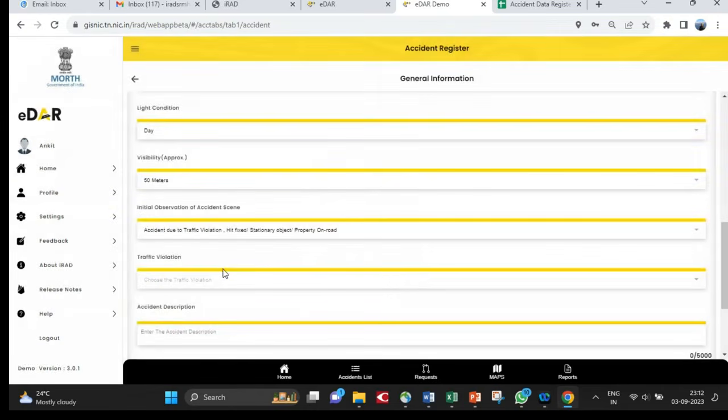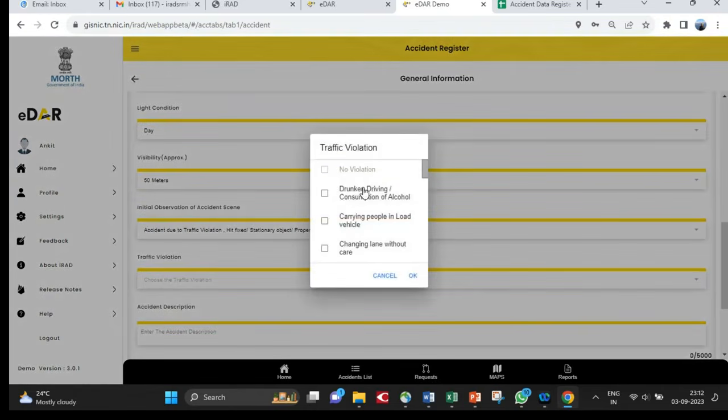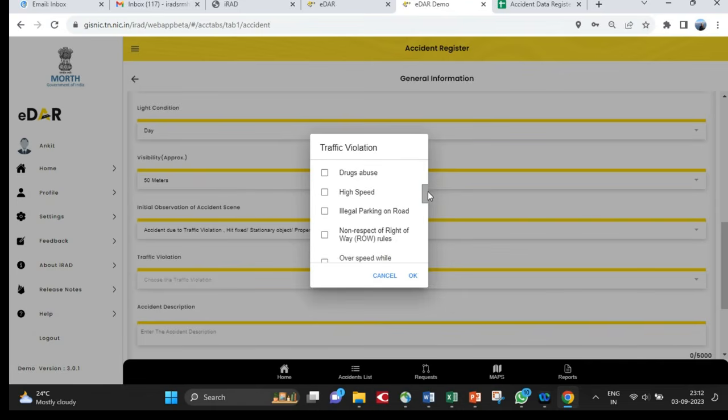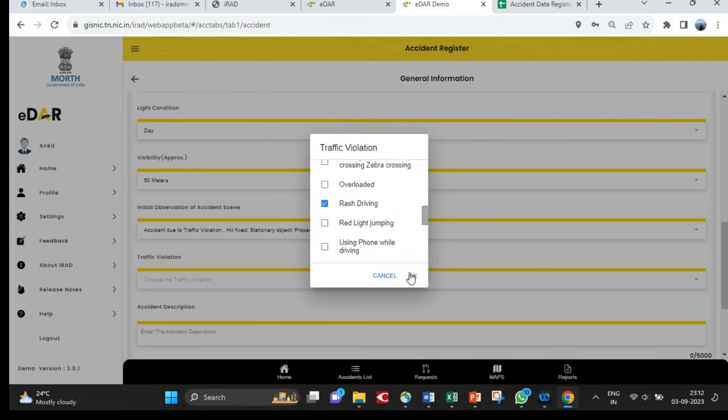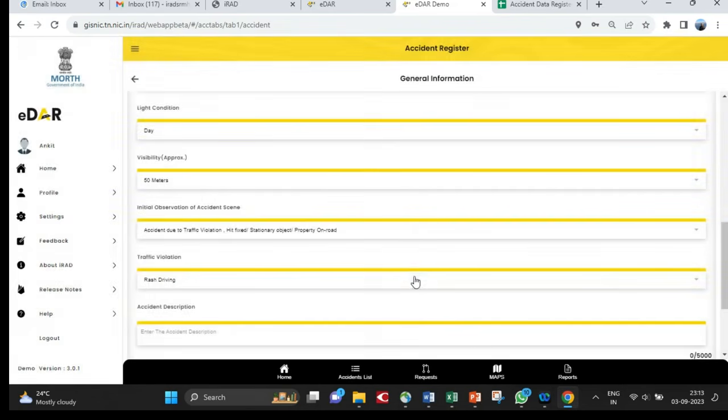As the accident occurred due to a traffic violation, we need to select the traffic violation. Enter the brief description of the accident.